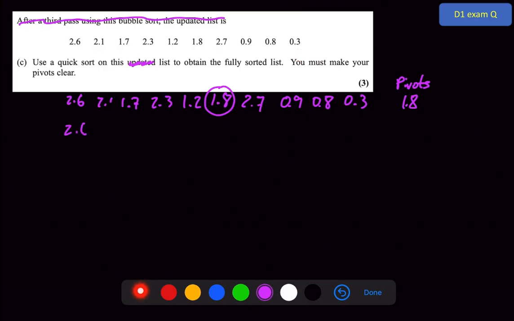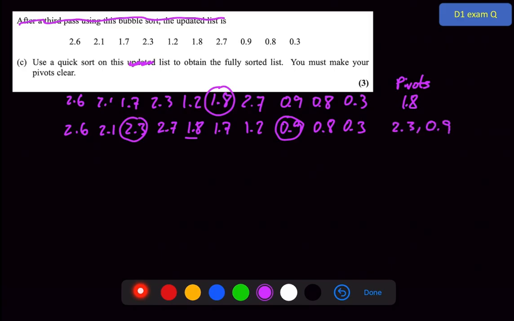So we've got 2.6, 2.1, 1.7 is smaller, 2.3, 1.2 is smaller, 2.7, and then 1.8 goes here. Then we've got 1.7, 1.2, 0.9, 0.8, and 0.3. Middle of the list and middle right, so that's 2.3 and 0.9, 2.6 and 2.7, so 2.3 is in the right place, 2.1 here, 1.8, and then 0.9, we've got 1.7, that's right, 1.2,